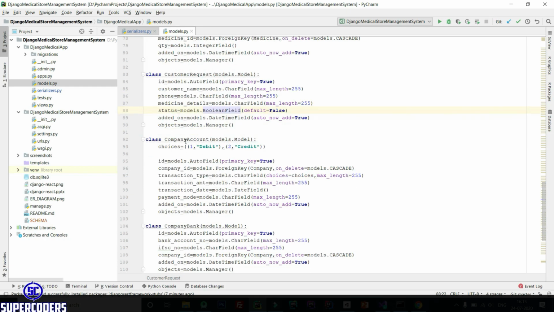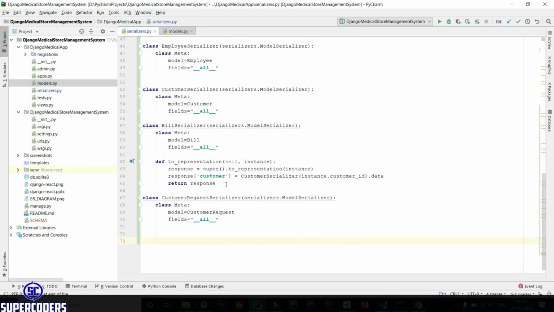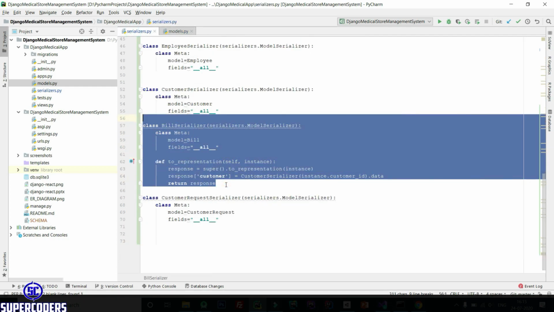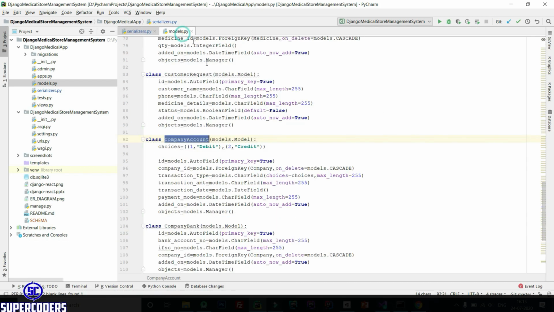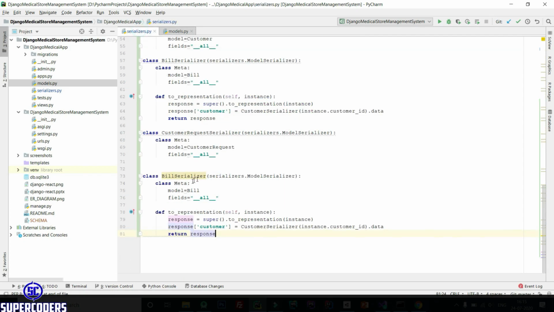Now here in company account, again copy this whole code. Copying this and passing here company account, so it's company account serializer, and in model name passing company account, and import this by clicking add plus enter.